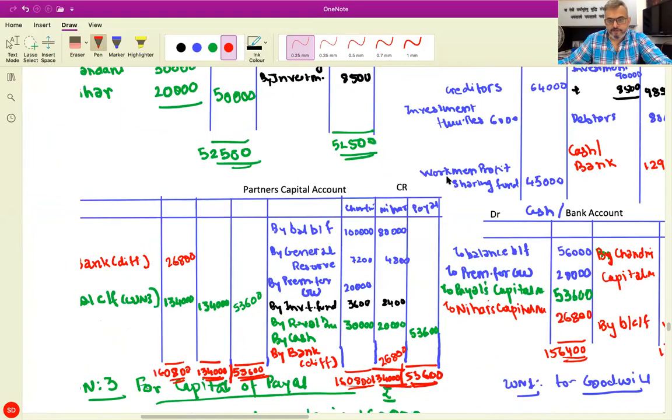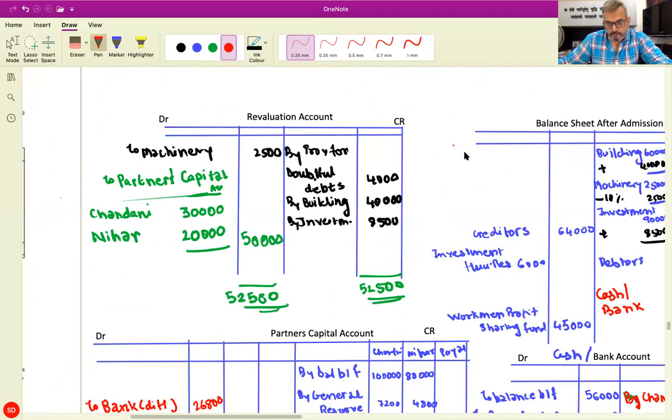Now balance of capital, Chandani, Nihar,